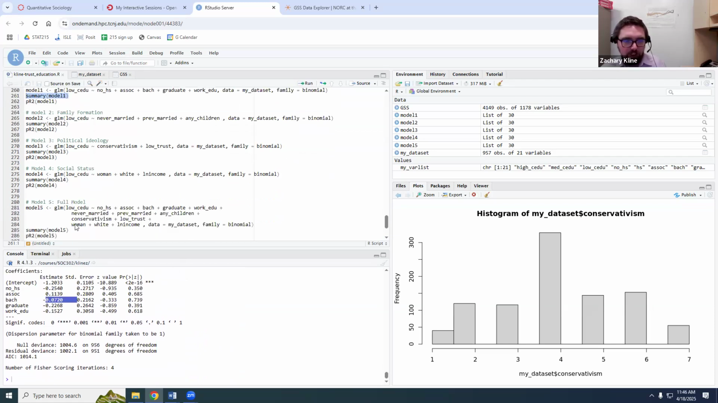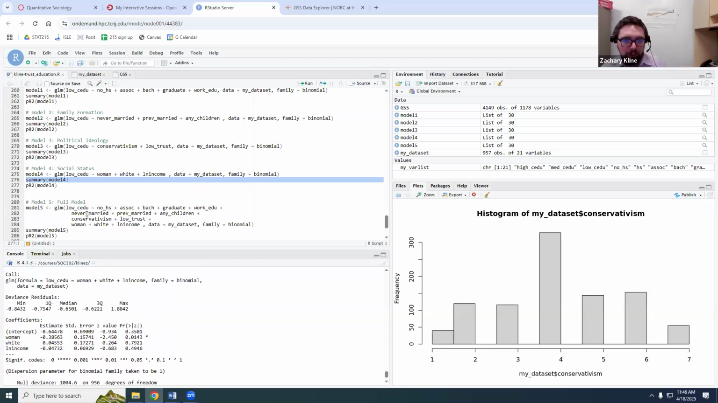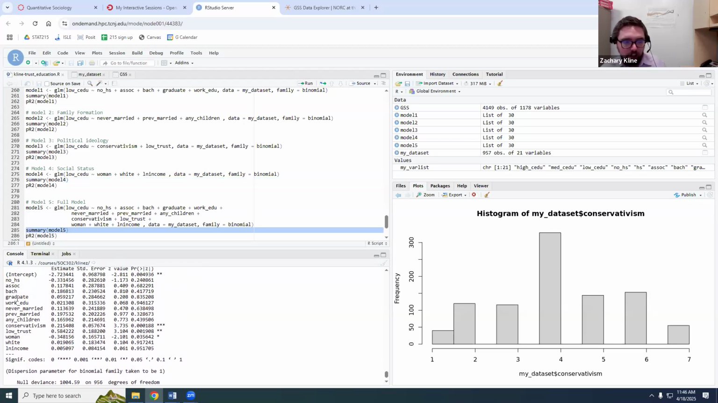Minus 0.07. So on average, bachelor's degrees were less likely to have low confidence in education. However, after we accounted for all these other factors, a big one probably being income, it actually seems that those with a bachelor's degree are more likely to say they have low confidence in education. So after we account for how conservative or low trust they are, et cetera, it's now, in fact, again, the effect's not statistically significant, so we don't want to read too much into